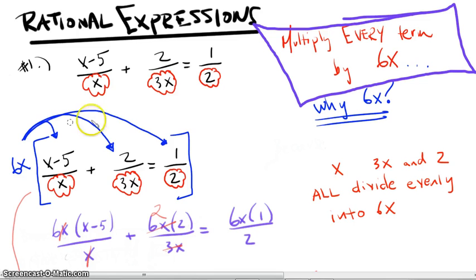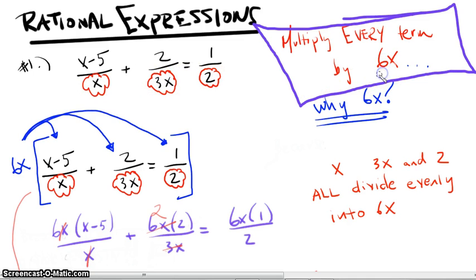All right. In this case, we have number one: (x minus 5) over x plus 2 over 3x equals 1 over 2. This is a pretty scary looking equation, but all we have to do is identify what number the bottom denominators divide into evenly. You are not looking for a common denominator to combine these. Instead, you're looking to determine what is the lowest thing that these three things divide into evenly, and the answer is